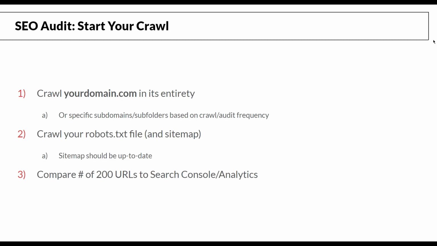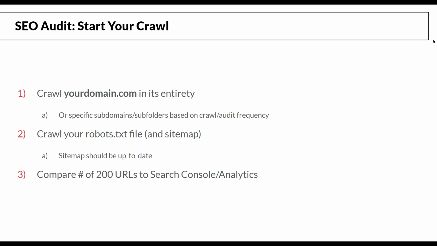So when we're doing our audit, we're just crawling our website in its entirety. Unless we have a very specific reason to do so, we want to be crawling every subdomain and all the subfolders, not really limiting ourselves to any kind of protocol. So when we're crawling a website, we just do yourdomain.com or .net, whatever your TLD is. And we want to make sure that the robots.txt file and the sitemap are being crawled. Once your crawler goes through the sitemap, it should pick up all those URLs that are in there